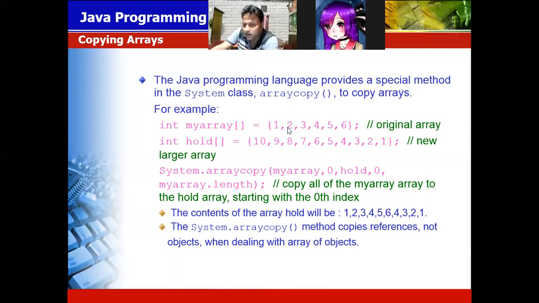So I will copy from location 1 and paste also at location 1. So in that scenario, what happened? What is your result? Here I pass my array 1. In the place of 0, 1, so I copy from this position, and in hold array 1 position I have to paste 0, 1. So what is your result? Now the result is 10, 2, 3, 4, 5, 6, 4, 3, 2, 1. So that is the result.